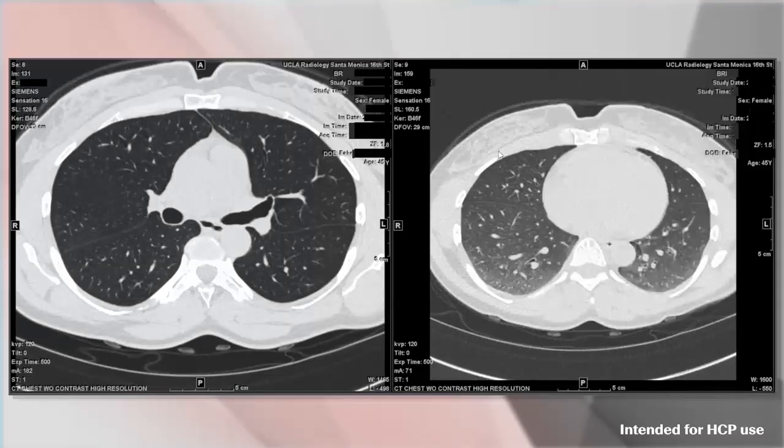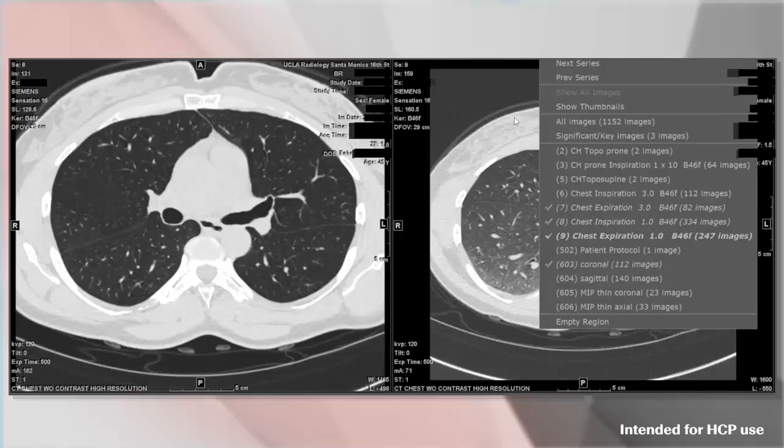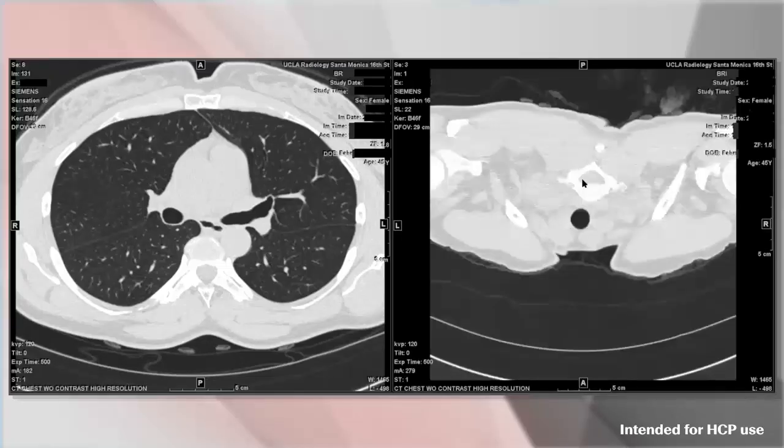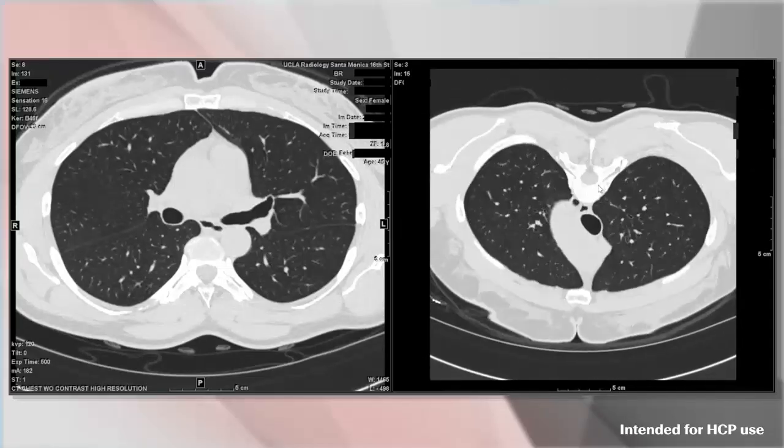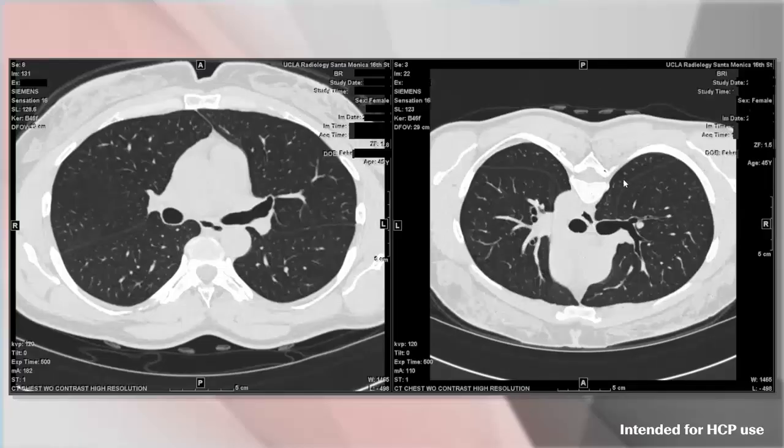Let's look at the next sequence that we'll focus on, which is the prone imaging. It's important to include prone imaging in an HRCT sequence because it alleviates or takes away the posterior dependent atelectasis that may sometimes mask subtle interstitial lung disease. And this is particularly important in early disease or in cases where screening is necessary to detect early interstitial lung disease. So here I'll just show you the patient lays on their stomach and we're just going through the cuts here. And we can see that, again, pretty normal here.